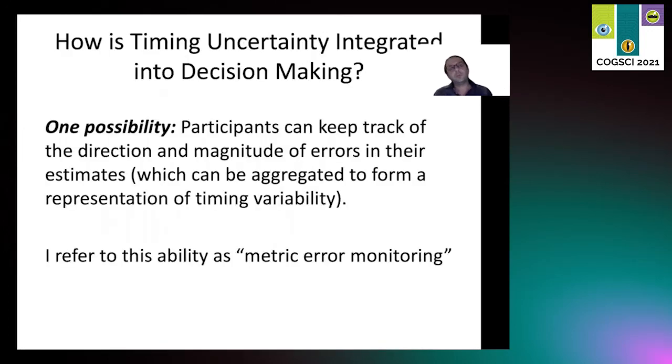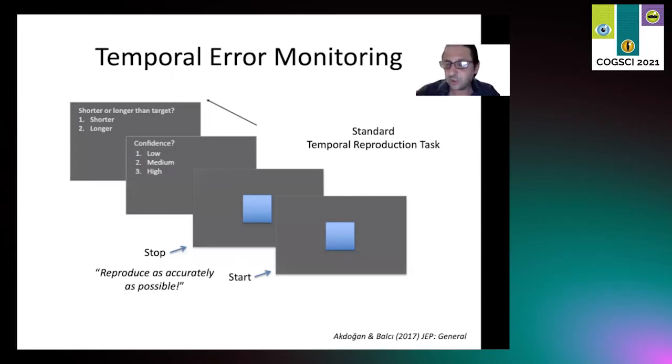Now, one of the questions is how is timing uncertainty integrated into decision making such that we can maximize reward rate? One possibility is that participants can keep track of the direction and magnitude of errors in their estimates, which can be aggregated to form a representation of timing variability. I refer to this ability as metric error monitoring, and when you test humans in a task where you ask them to reproduce an interval, and then ask them, do you think you reproduced shorter than the target or longer than the target? They seem to know better than chance